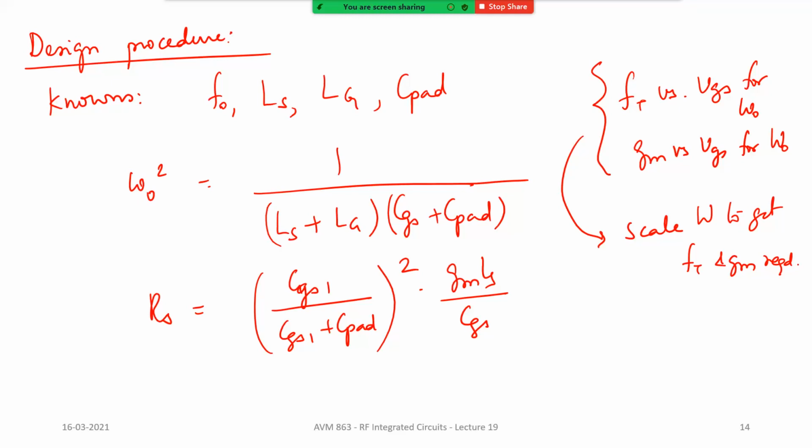So as I mentioned, please don't get into the square law equations. Look at the charts. Okay. Look at the FT versus VGS chart for some arbitrary W naught and GM versus VGS. Both these charts we looked at in the previous lecture, and you will get a certain FT and you will require a certain FT. In fact, this can be written as omega T times LS, right? So having fixed everything, you will need to find out what is the omega T required, right? And from there you can go back and look at what is the CGS.